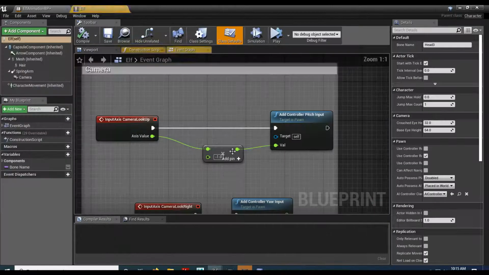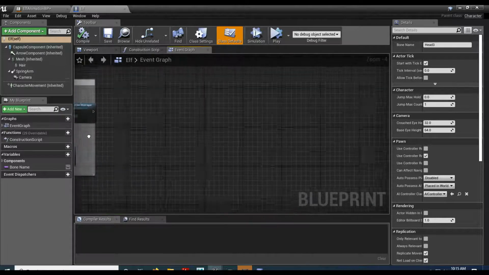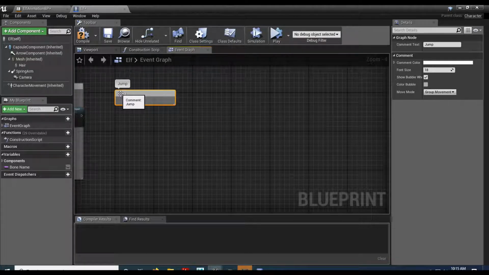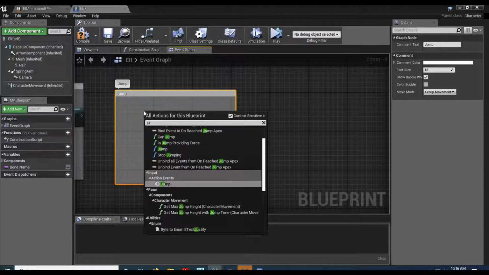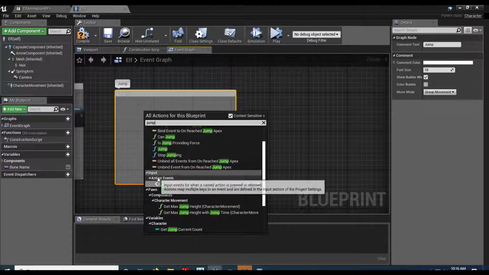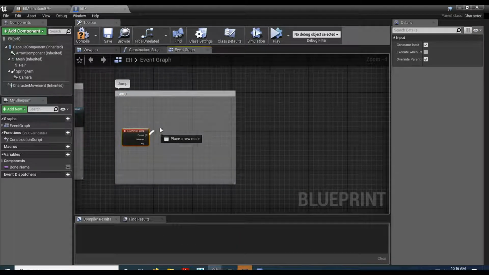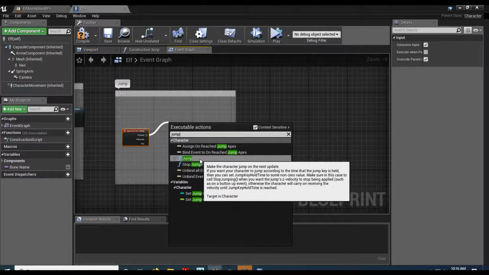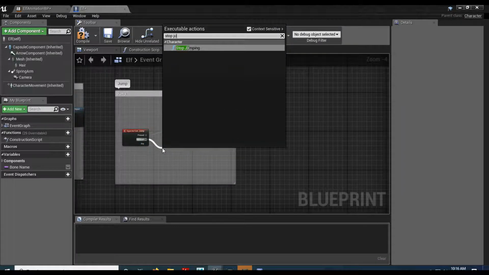Okay, let's go back to the character. Character, open up the blueprint. Let's add in our jump key. I don't think we did that yet. Find an empty spot, press the C key, call this jump. Let's look for a jump button. So jump, looking for the input action event, jump. And then off of there we want the jump function. So jump, so you're under character functions, there's jump. And then stop jumping for the released. So stop jumping,